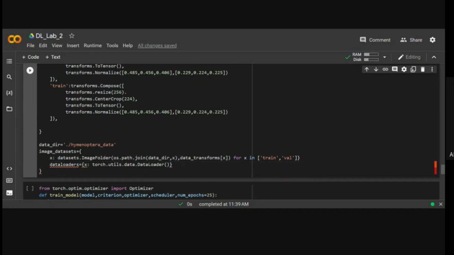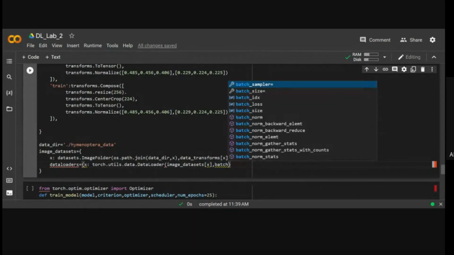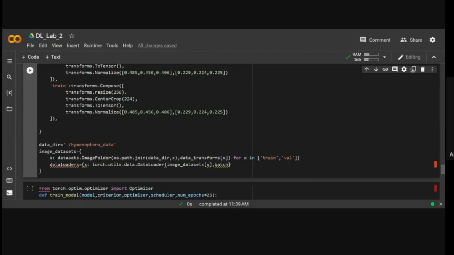This is the data loader function. It does a lot of things for you automatically. It will shuffle the data for you just to make sure that there is no pattern or gap, or that the train test data is not split in a manner which is not beneficial to your model. So shuffling them is generally a good idea